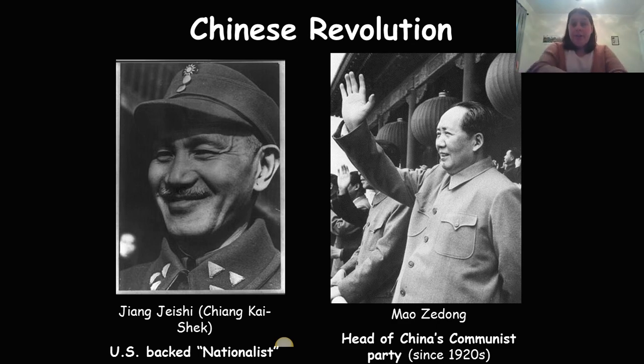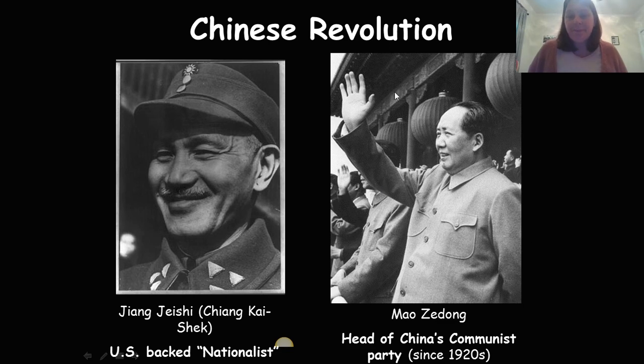The Chinese Revolution is very complex and somewhat outside the scope of our class as a U.S. history class, but very briefly, remember that China has had conflict of some sort or another for a long time. The Japanese invaded Manchuria in 1931. They hit the cities of Nanjing and Beijing in 1937. And so by this point, if we're talking about 1949, there's been some sort of war going on for about 10 years. And what that's done is it's really produced a fairly effective kind of civil war inside of China